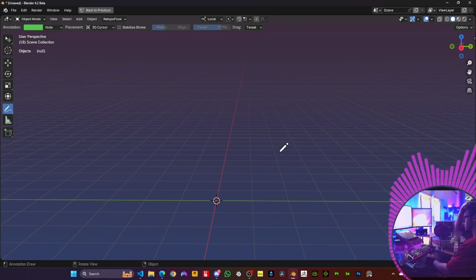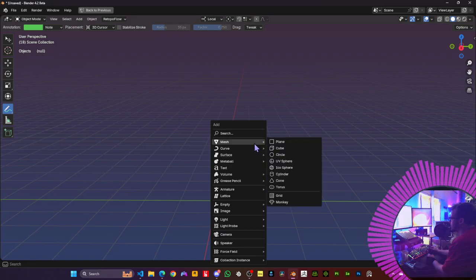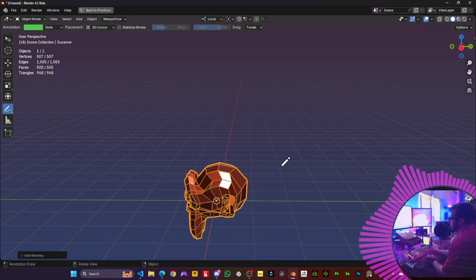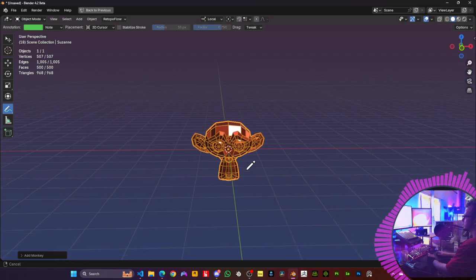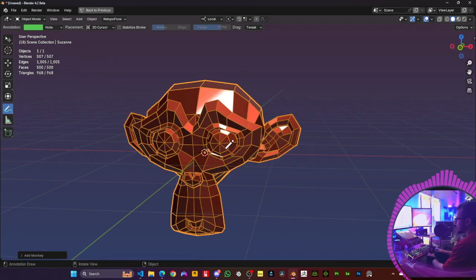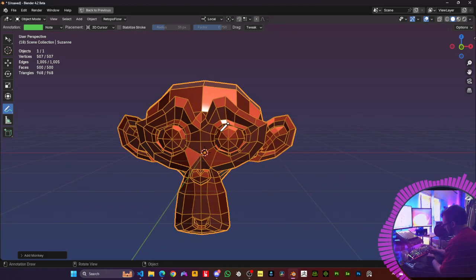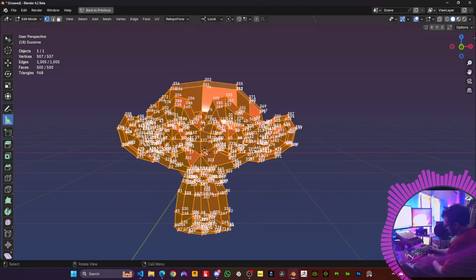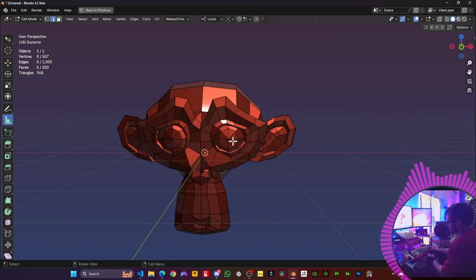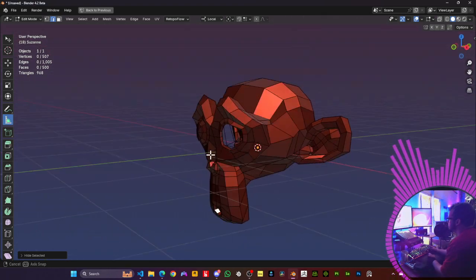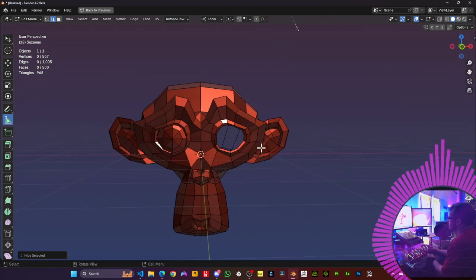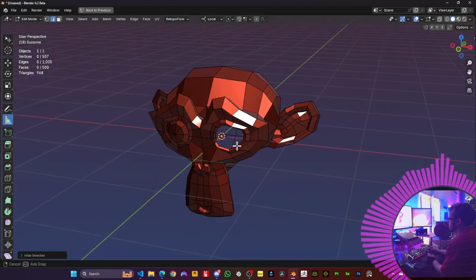So why have this, you might ask? Well, let's say I'm sculpting something. I'm sculpting a monkey or whatever. And I don't have eyes yet. And I want to add eyes. But when you're sculpting, you actually usually have some geometry here, just a hole or something. But either way,